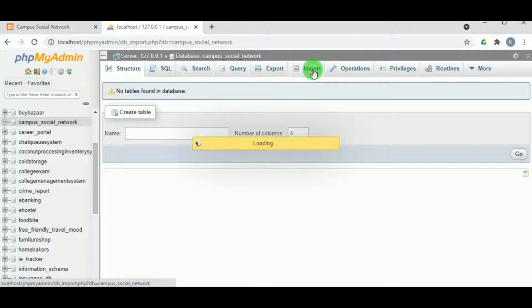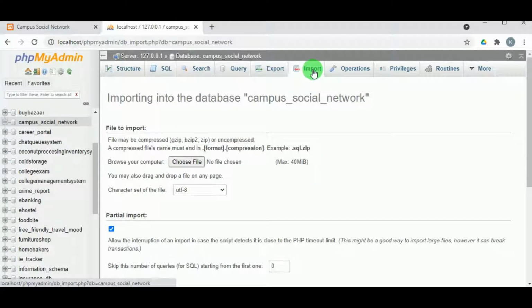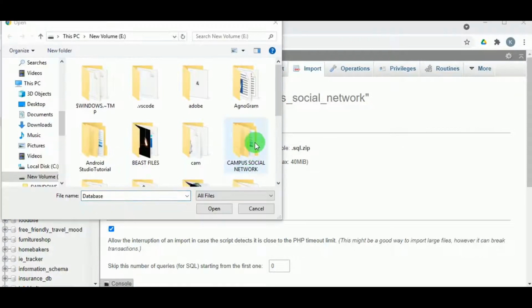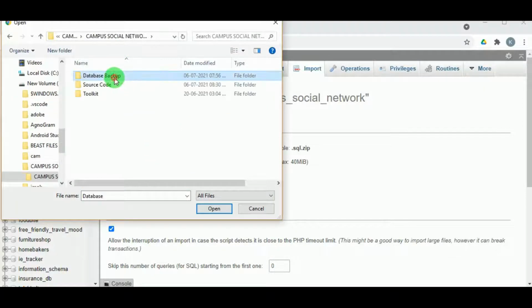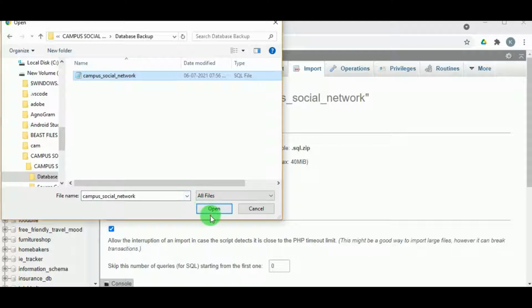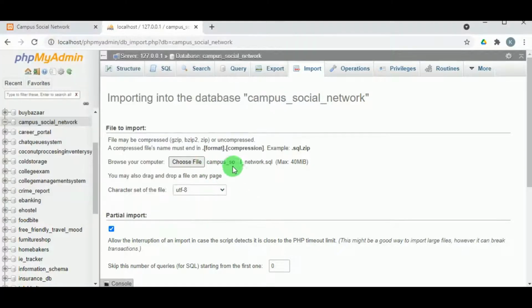So click on import and click on choose file. So click on the Campus Social Network folder and inside the database backup you have the SQL file Campus Social Network.